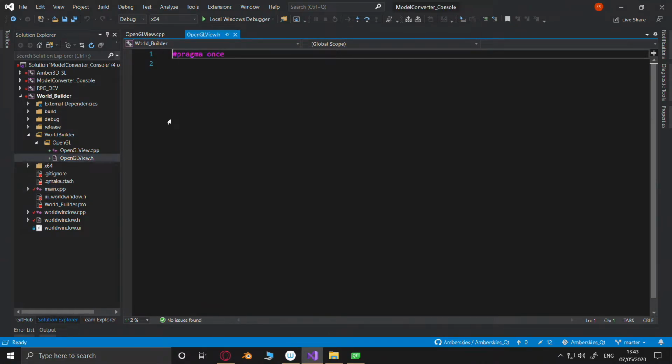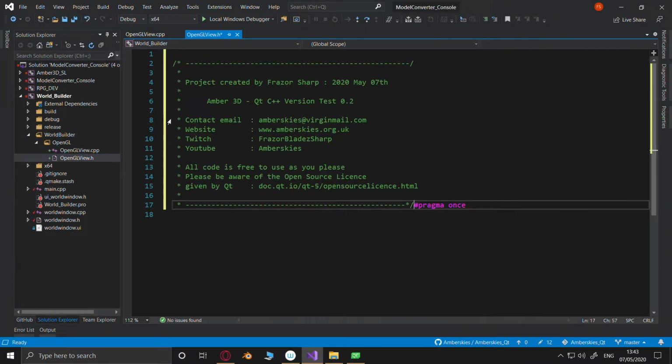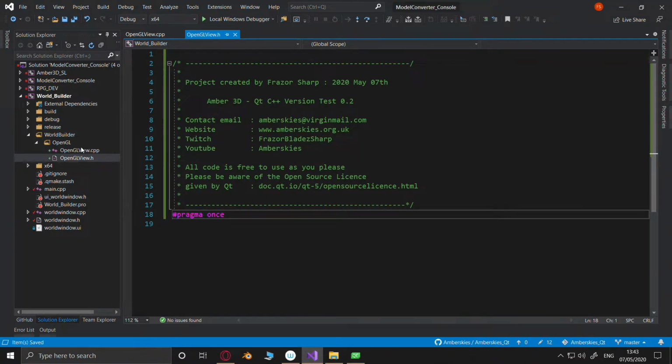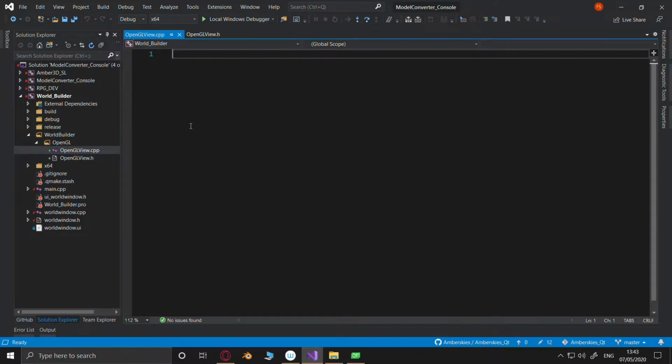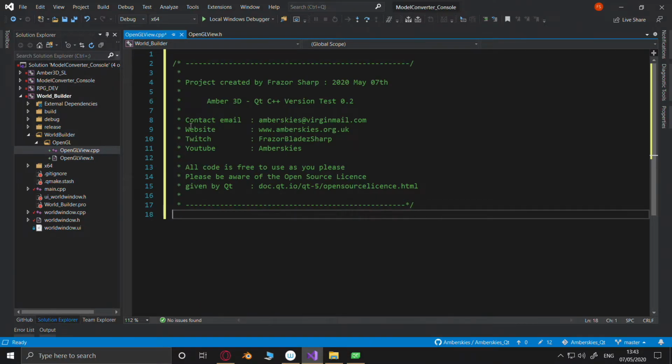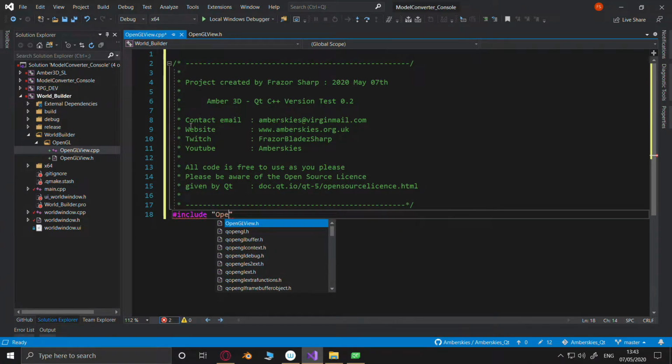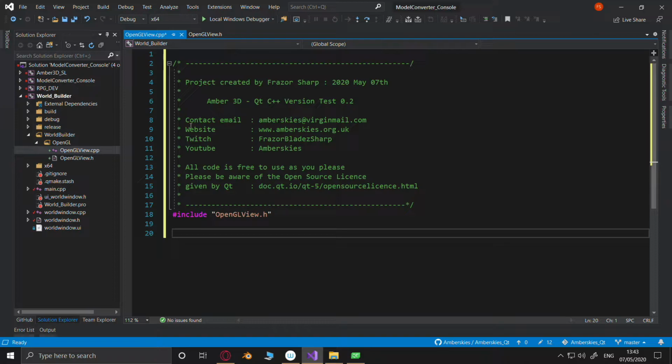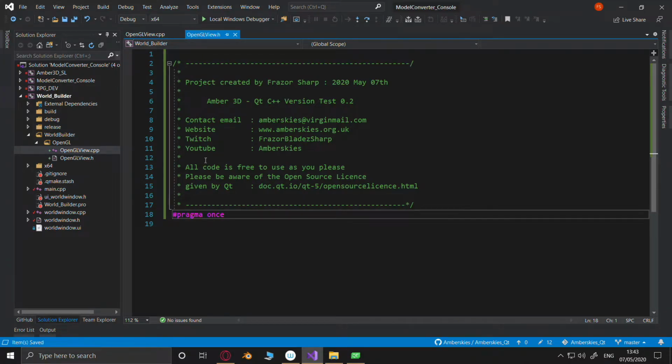Right. view.h and view.cpp. #include OpenGLView.h. Nice. Very nice.